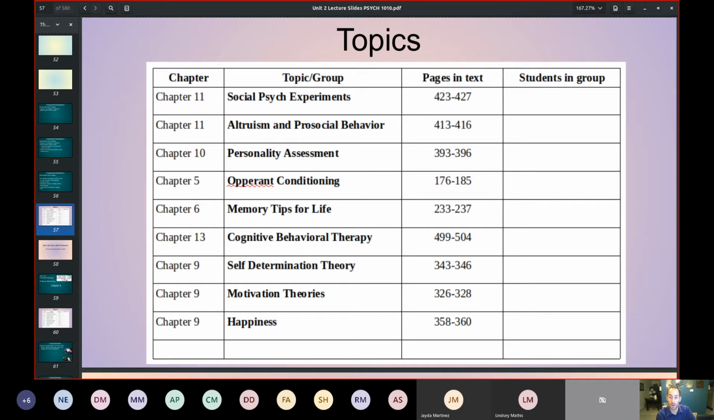And then some of you are also interested in happiness. So if you wanted to do just more of a chapter 9 presentation in general,